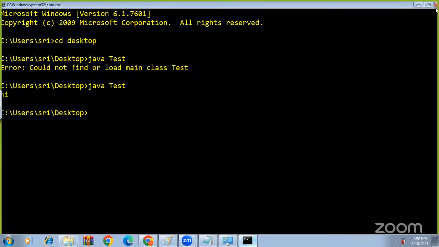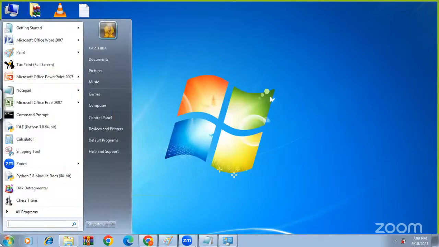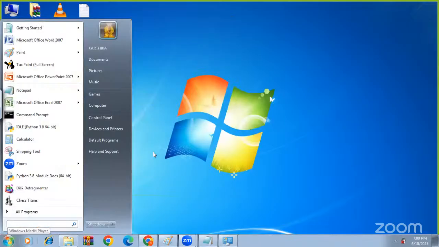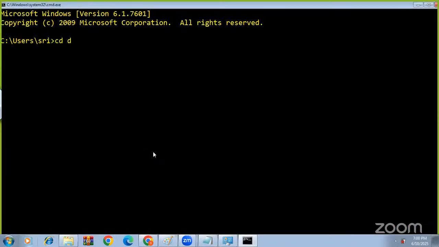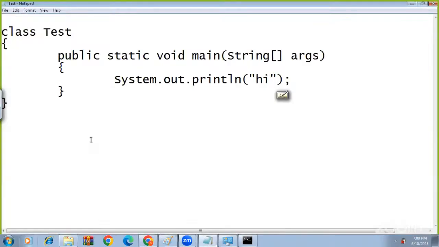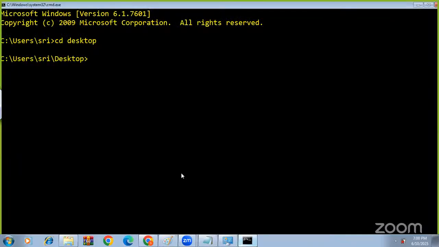Now I will close this. Again I will open this and I am going to the desktop. Will it check in desktop or not? Is there anything in desktop? If it were going to check in desktop, I would get an error that the main class is not found. But I am getting output here. Java space test, so I'm going to get output because the class path is already set